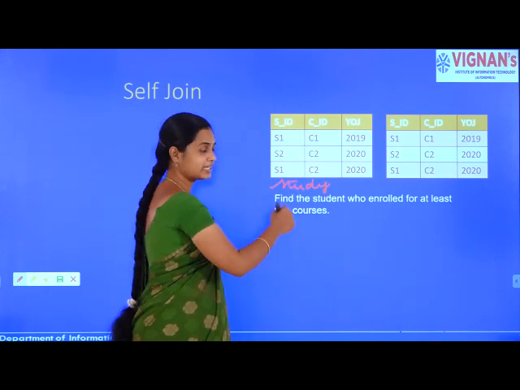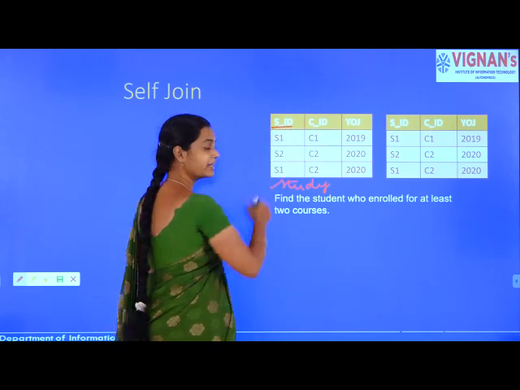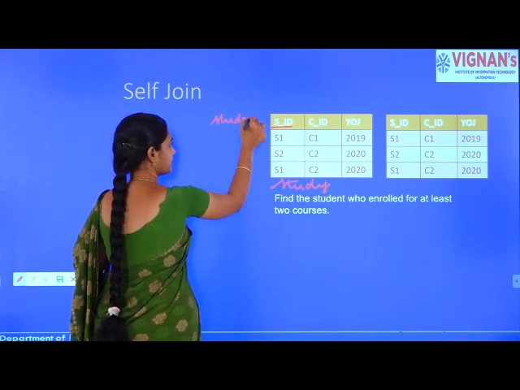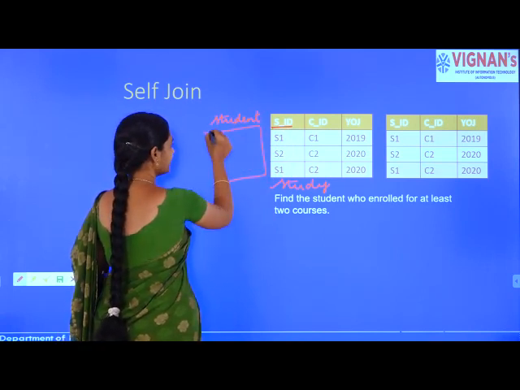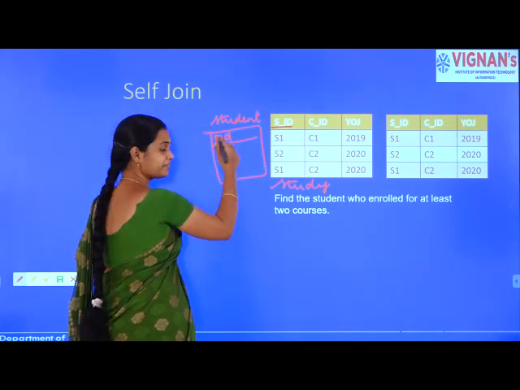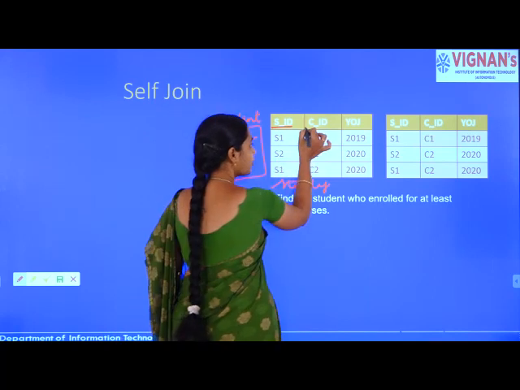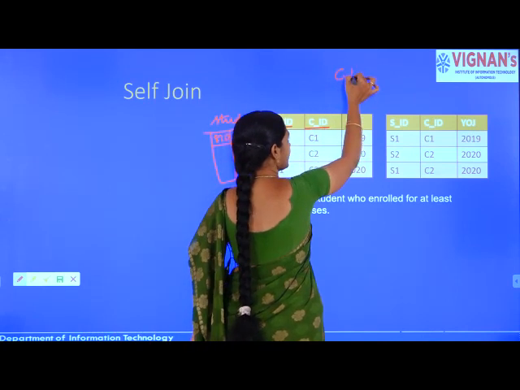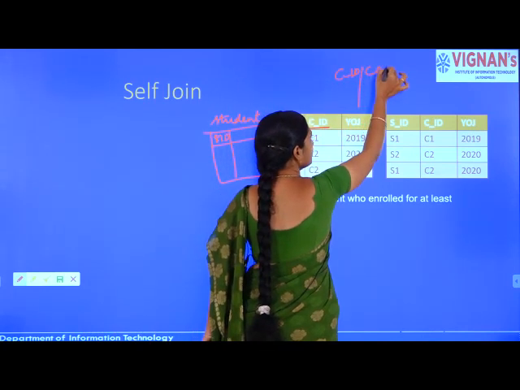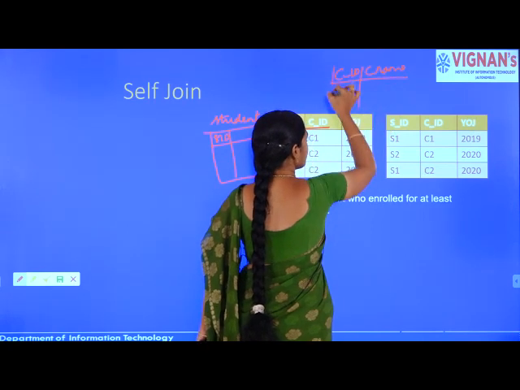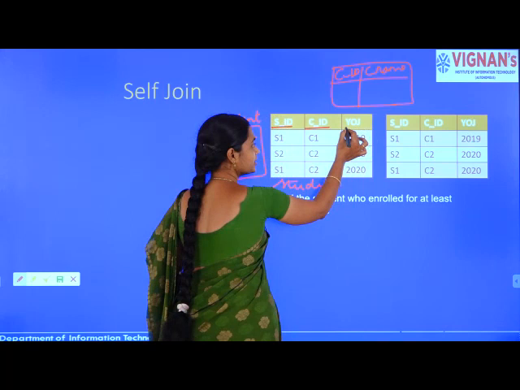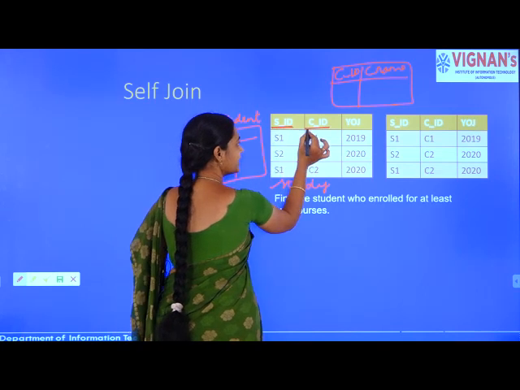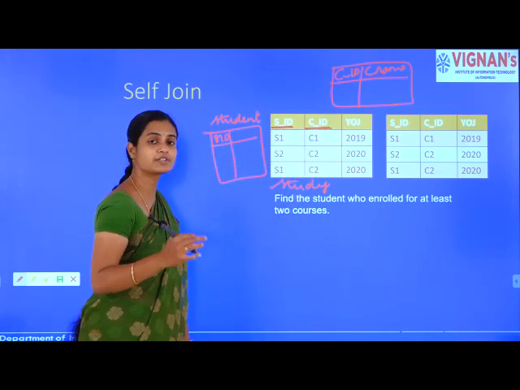Okay, so if you keenly observe, for my relation I have student ID. So student ID will be a primary key in student table. I have primary key of SID and I will have the details of the students. And course ID, I have course ID. So this is also an identification. So this course ID comes from the course table. And I have mentioned year of joining. Means here SID and CID act as composite primary key.